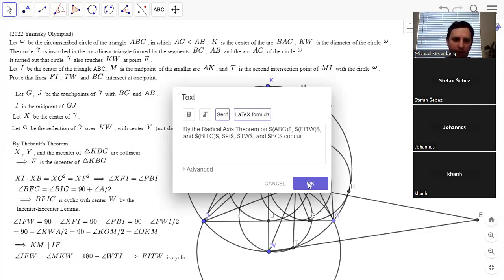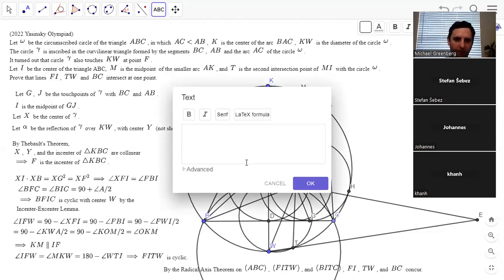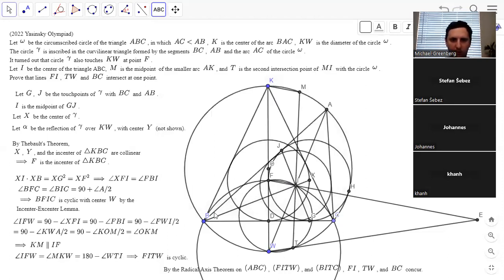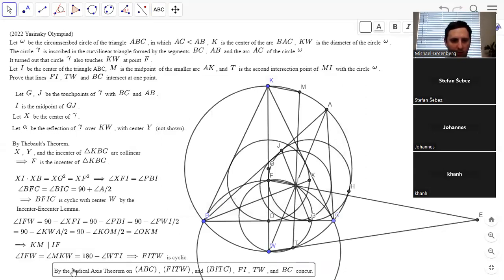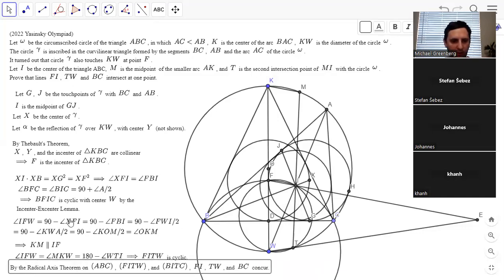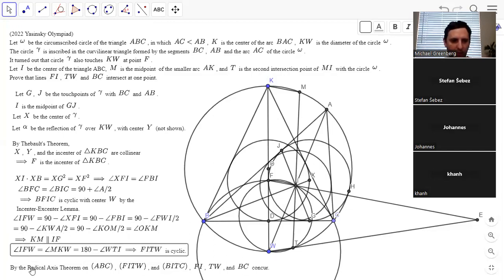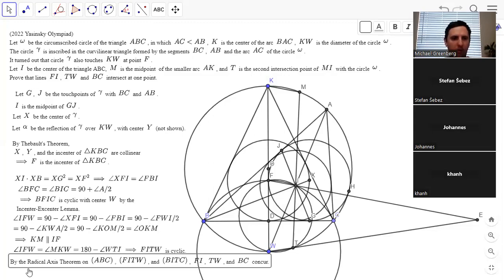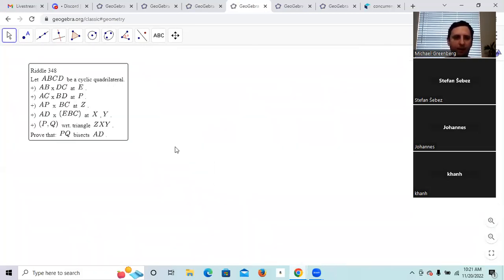All right, so I've written it all out. This is a good one. All right, and I will move on to the next one. Sometimes it's hard to see stuff at the very bottom on the channel, so we'll just move it up a tiny bit. All right, so we used Theobald's theorem, we used the incenter-excenter lemma, and I think it's time for a riddle. All right, so this